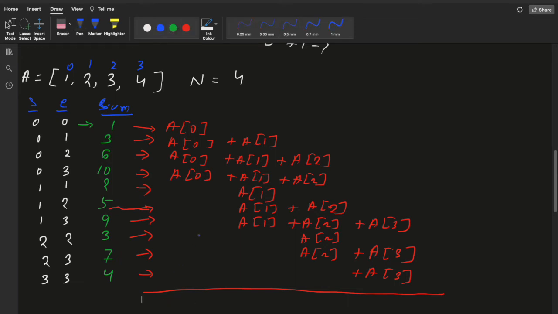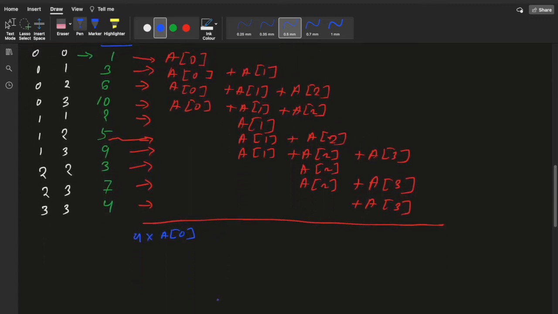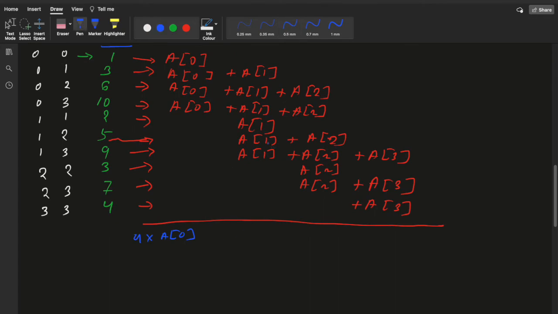So it means what? A of 0, A of 0, A of 0 means 4 into A of 0. And it means what? 1, 2, 3, 4, 5, 6. Plus 6 into A of 1. Plus, it means what? 1, 2, 3, 4, 6. 6 into A of 2. Plus 3 into A of 3. Right. Now,